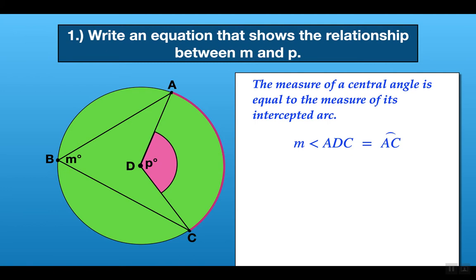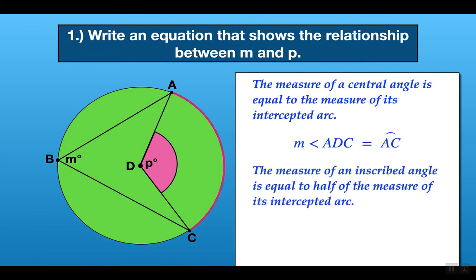Now the next relationship is that the measure of an inscribed angle is equal to half of the measure of its intercepted arc. If you forgot, an inscribed angle is an angle whose vertex is on the circle. So angle ABC is an inscribed angle because its vertex is on the actual circle. That angle, angle ABC, is going to equal half of the measure of its intercepted arc, arc AC. And we could write an equation for that relationship. The measure of angle ABC equals half of